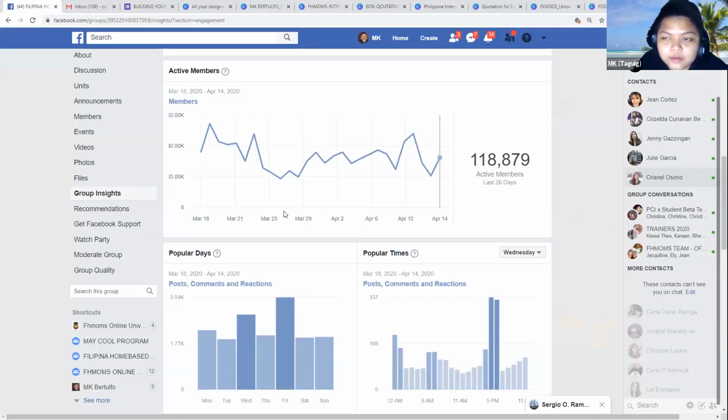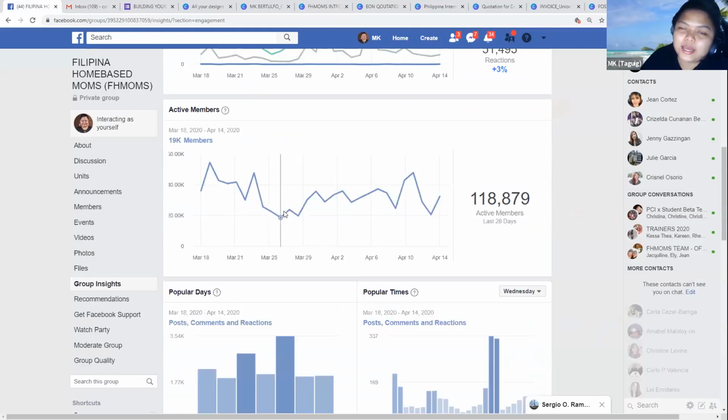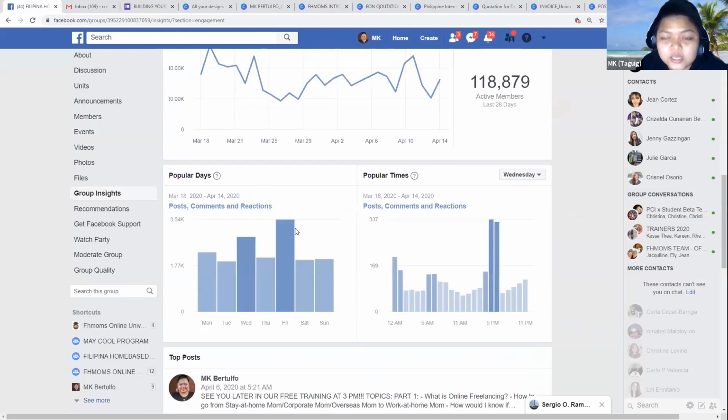It's important for us na kahit papano, binivisit natin yung Facebook group insights natin. Why? Because malalaman natin or ma-identify natin when is the best time to post. Let's say, for example, anong day yung pinaka-the best. Oh, it says here it's Friday. Here naman, let's go to Friday na araw.